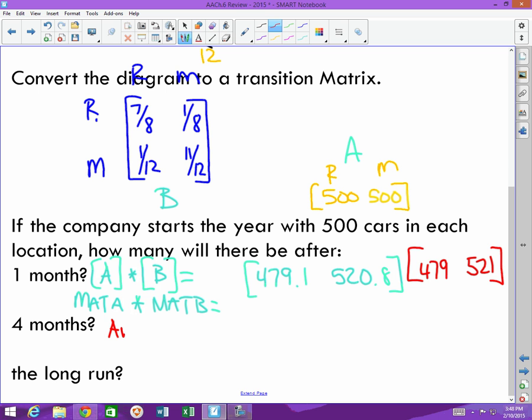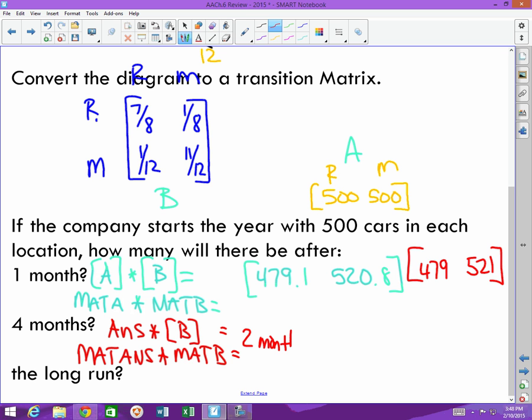times B. Or if you're a Casio, you would say mat answer times mat B. When you hit the equal sign after typing that all in, this would give you your 2-month total. Then you just have to hit your equal sign again to get the 3-month total, and the equal sign one more time to get the 4th month, and you would get something like